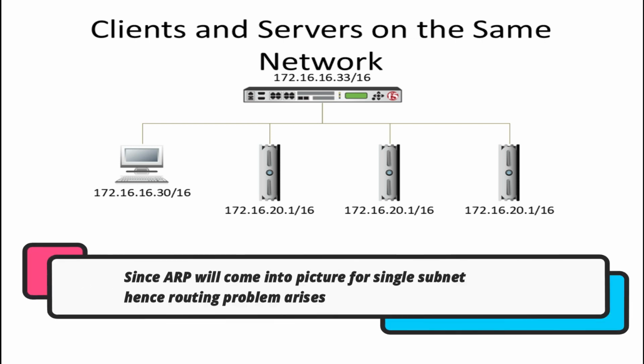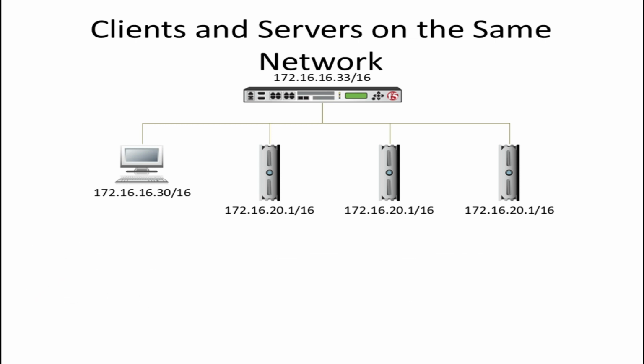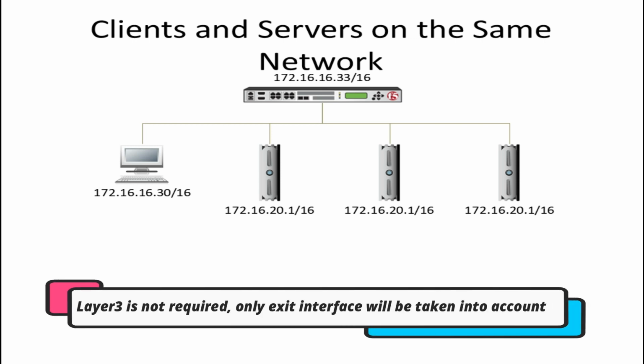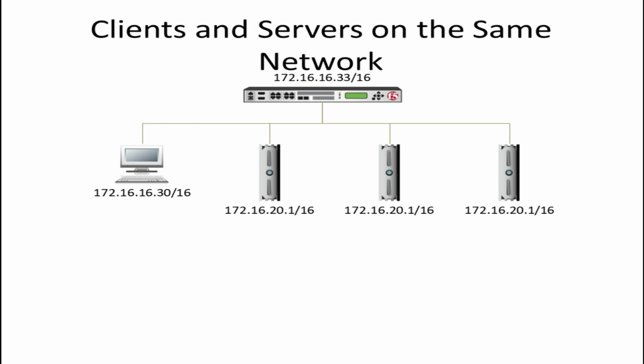The reason is ARP. I hope you are aware of the ARP protocol. If the default gateway does not come into the picture, the server will not send the packet to the default gateway. It will check the exit port over the switch, if a switch is in between, and can send the traffic directly to my PC, the sender, and again that is a problem. So let us talk about the traffic flow here.